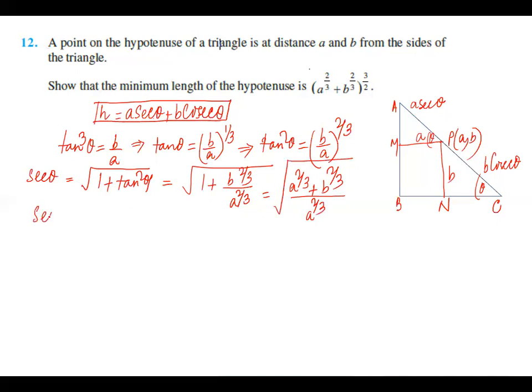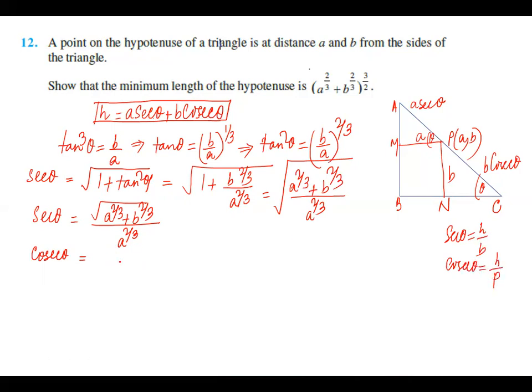Then sec theta will be, on simplifying, you will get the root in the numerator, and in the denominator taking the square root, it will be a to the power 2 by 3. We got sec theta. Then coming to cosec theta. Cosec theta is equal to how much? It will be the same way, when I have got the sec theta, if you imagine sec theta is equal to h by b, cosec theta is equal to h by p.